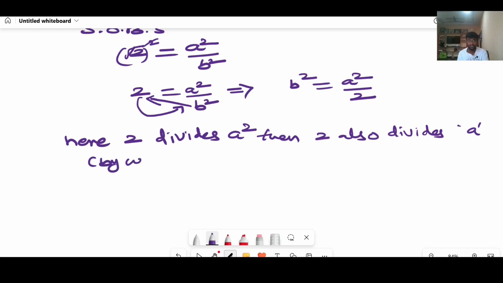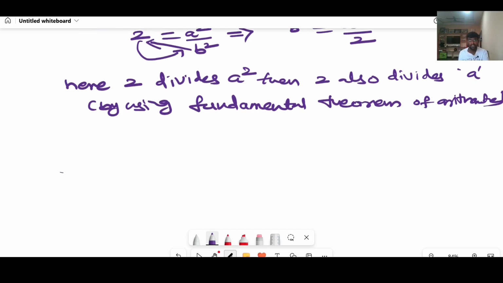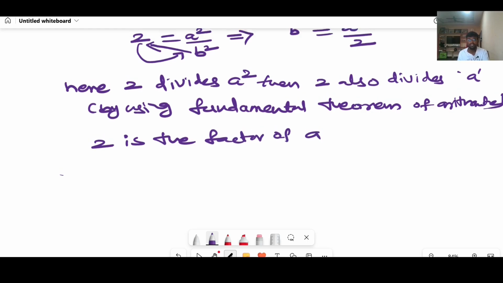discussed before. Fundamental theorem of arithmetic. Right, now, and therefore if 2 divides a, 2 is a factor of a. Right, now again